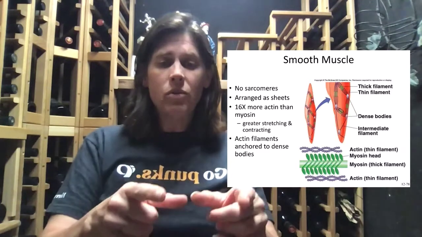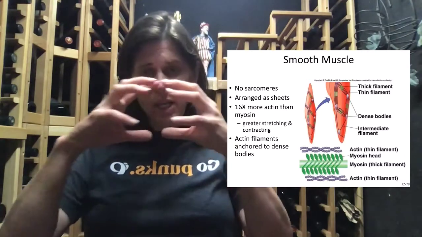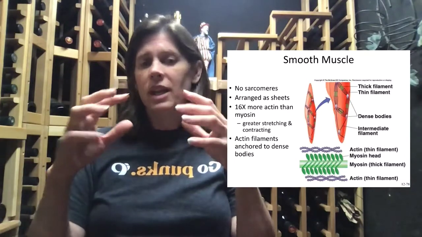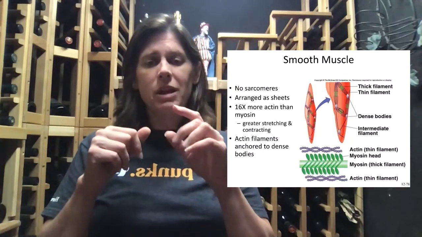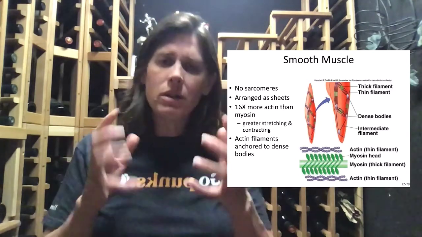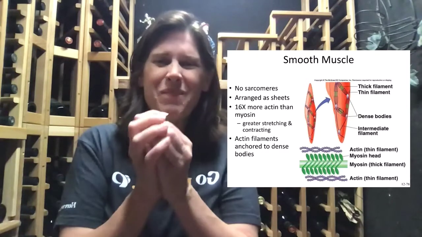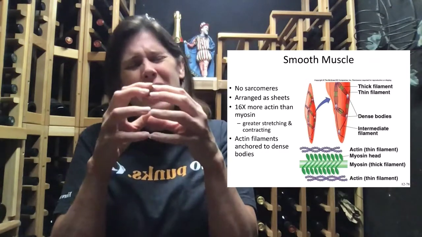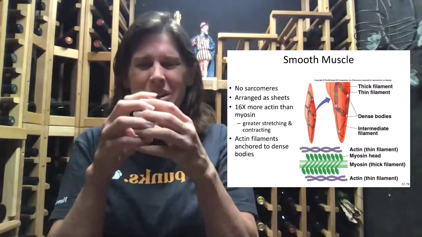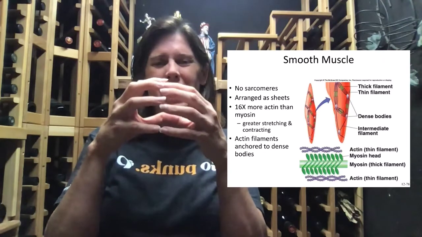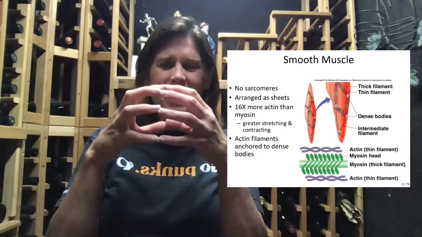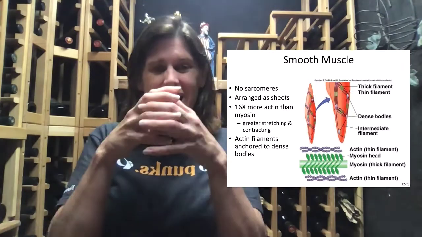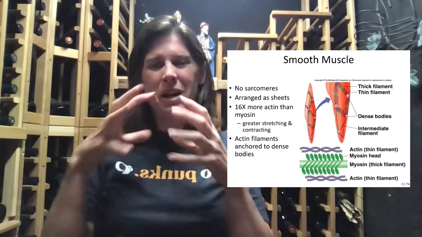But with this arrangement, you can again stretch the smooth muscle, and it doesn't matter, you'll still get cross-bridging between actin and myosin. That's a good thing when you have to go to the bathroom and you hold it for a long time and your bladder keeps filling up because your kidneys keep producing urine and putting it in there. Your bladder can just keep getting bigger and bigger. There's a point where you have to release it, but you can contract your bladder no matter how big it